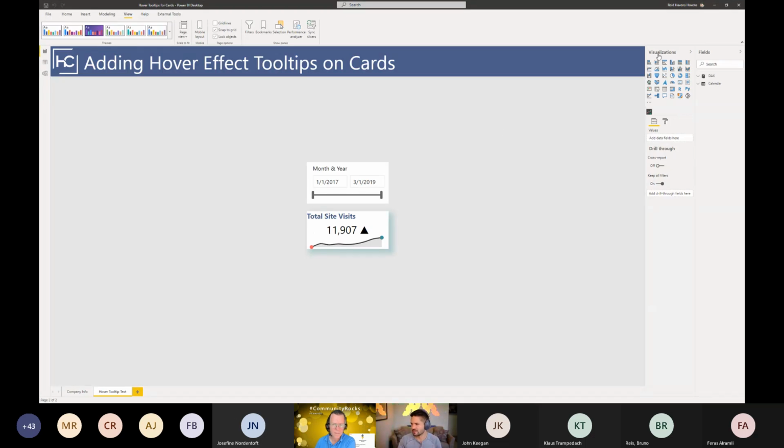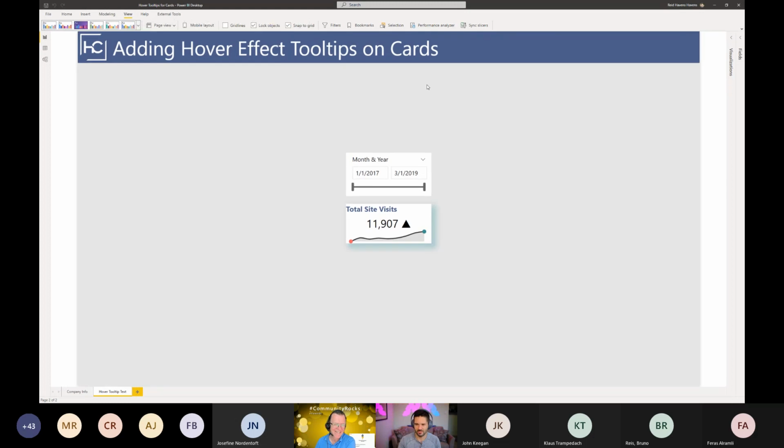More fun effects with buttons. You might notice that I really like buttons. I actually just created a new presentation, bedazzling your buttons and bookmarks. I wanted something that just had a lot of bees in it. But there are so many ways to customize buttons. So I have a visual here that I've created with a few effects. It's actually one of my favorite cards to create and often put at the top of report pages.